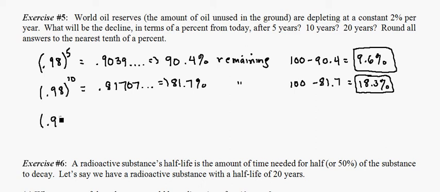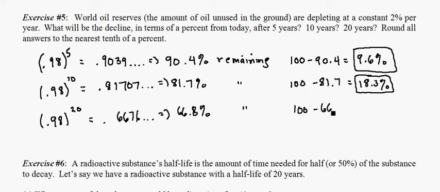Likewise, after 20 years, 0.98 to the 20th gives me 0.6676, etc. That means that 66.8% of the oil was remaining, and that tells me that I have 100 minus 66.8, or 33.2%